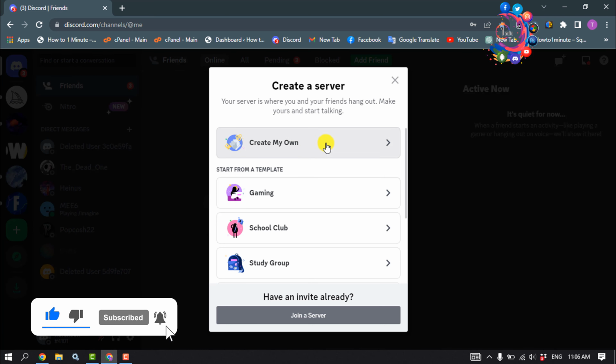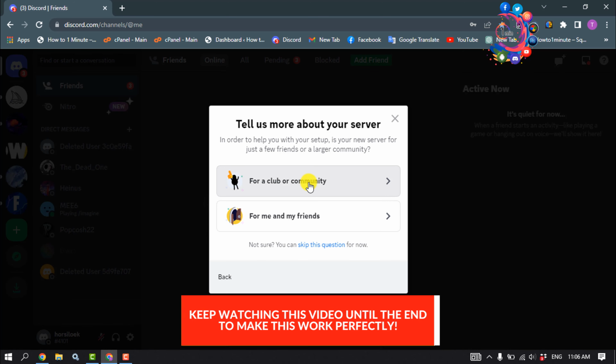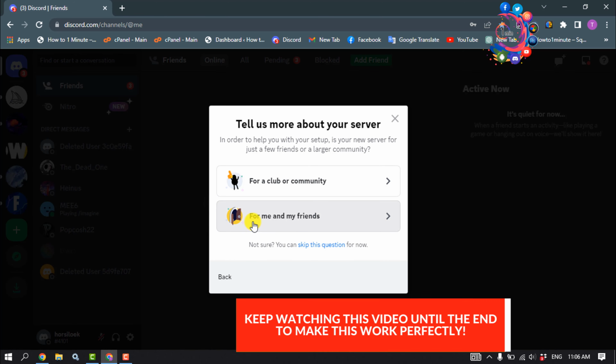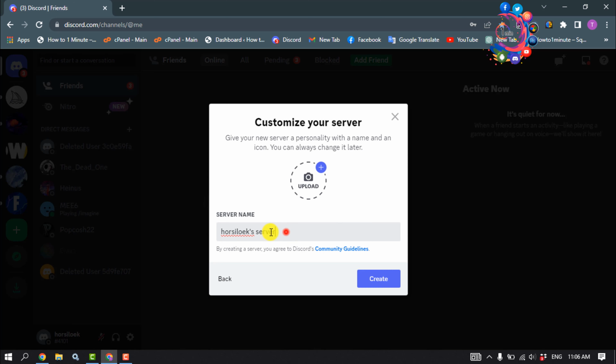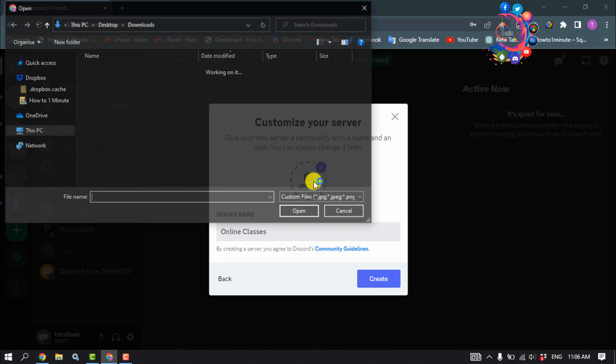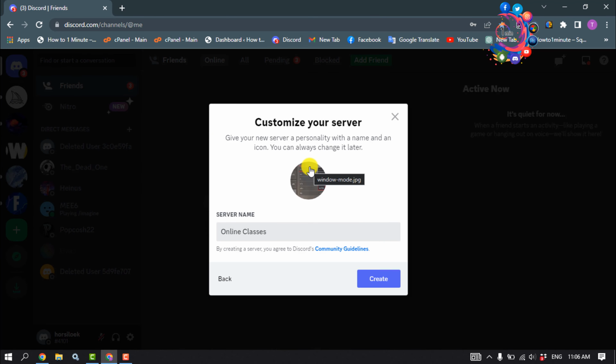Click on Create My Own, and you can create a server for a club or community, or for me and my friends. So I'm going to be selecting here for me and my friends, and enter here a server name. Click on upload to add your server profile picture. Click on create,